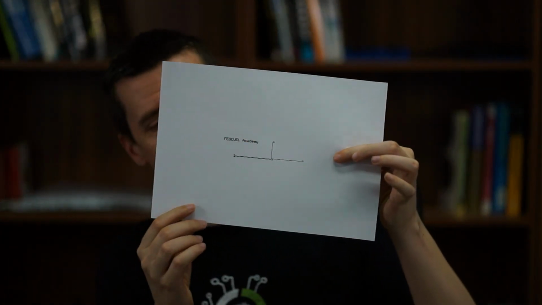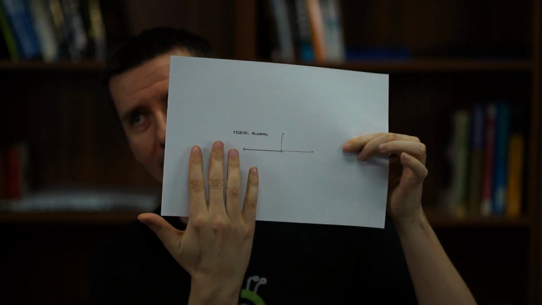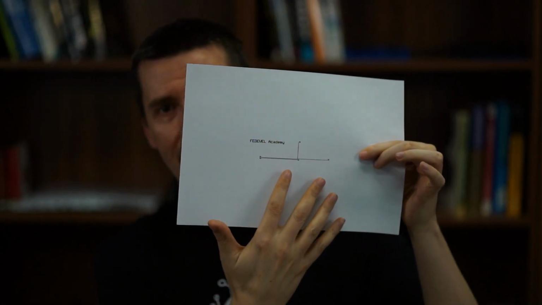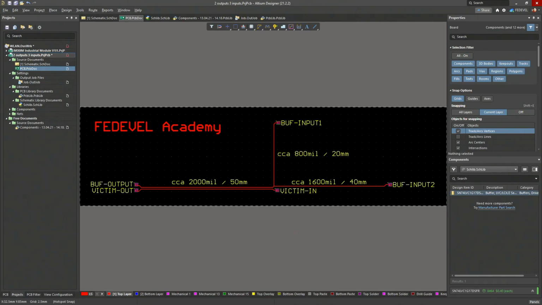You will see what these three things are. I printed the PCB, so you get the idea how small it is, because the dimensions are important. And also you can find the dimensions here in the PCB, to give you an idea how long these tracks are.